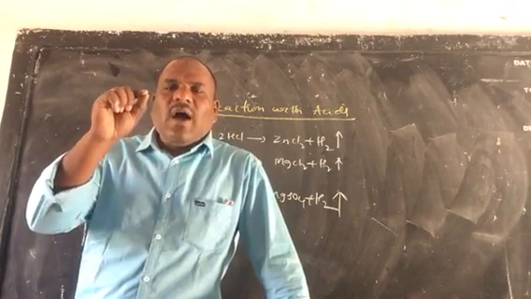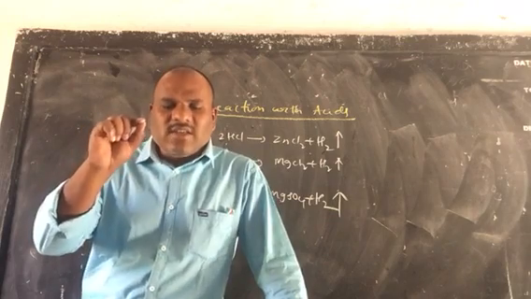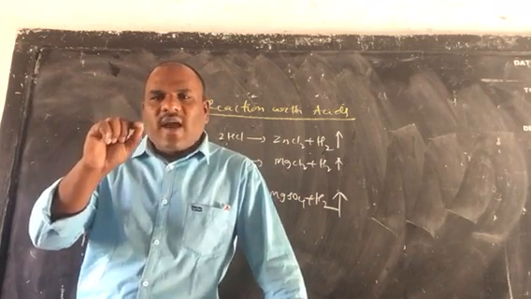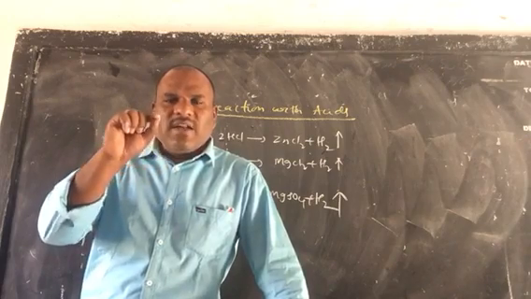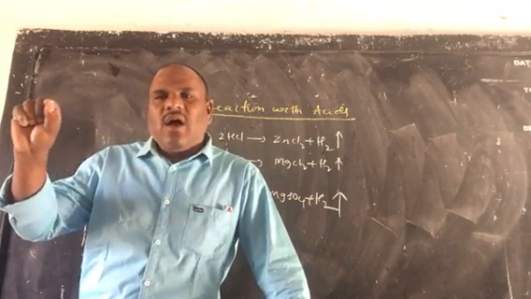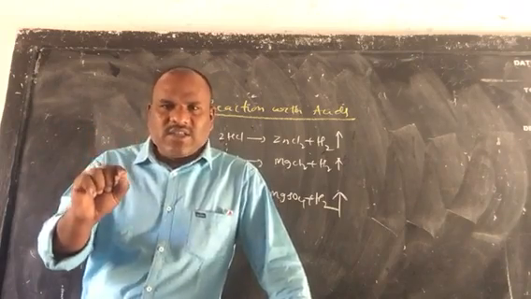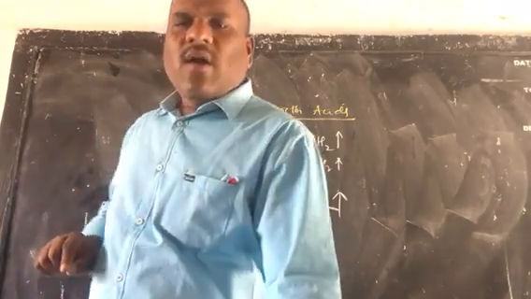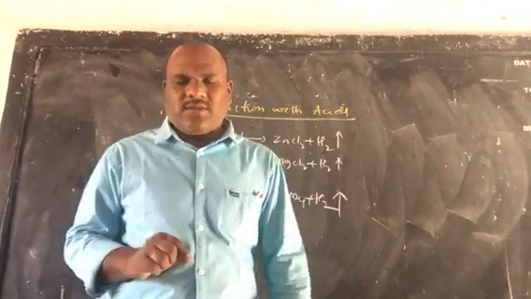So the generalized statement we can give, children: when acids react with metals, they produce hydrogen gas. But generally, non-metals do not react with acids. Okay, children, understand? Metals react with acids to produce hydrogen gas, but non-metals do not react with acids. Okay. Now let us discuss the uses of metals and non-metals.